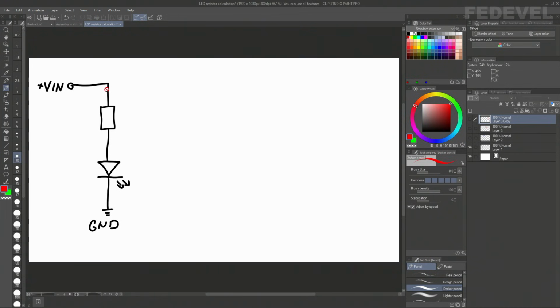The voltage which is going to be across this resistor is basically the power voltage minus the voltage on this LED. And the biggest voltage on this resistor will be here when, do you know when? When this voltage across LED is going to be the lowest.